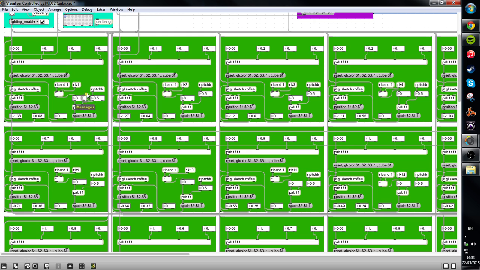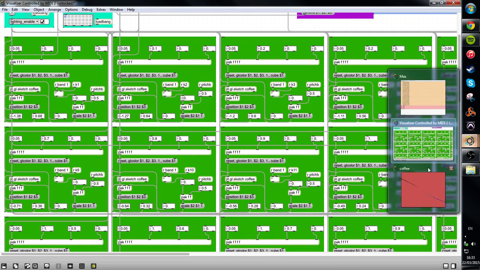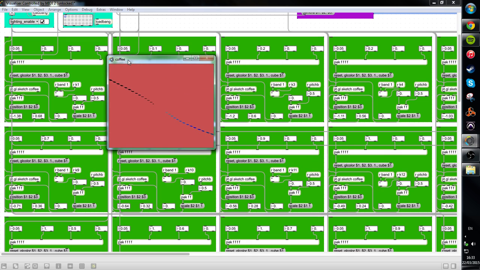And then what all this controls is being packed here and sent to a scale message. And the scale message dictates how big the bars go, and that's what makes, if I just load this back up, that's what makes this happen. So if I press C, oh, you can't really see it. If I press D,